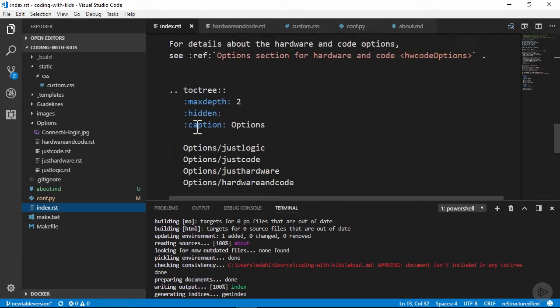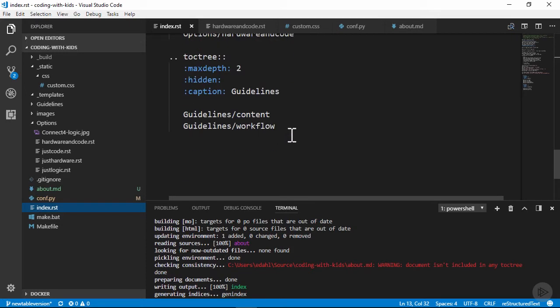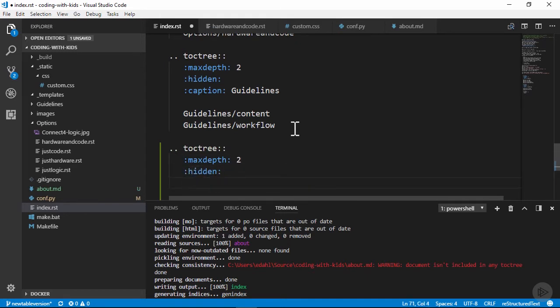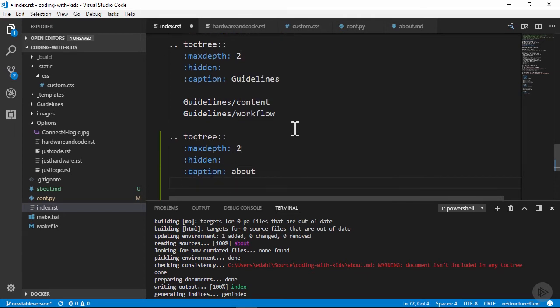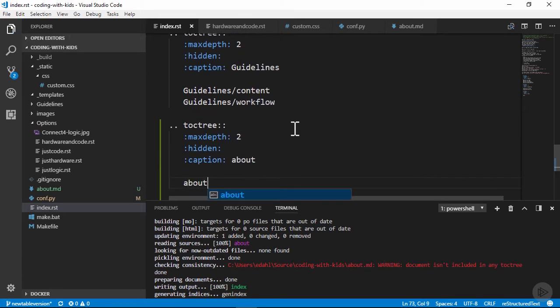So down at the bottom of our index file where the toctrees are defined, I'll add a new section for About, and include the same set of attributes that are in the other sections, and then reference the About doc I just created. We'll save the file,